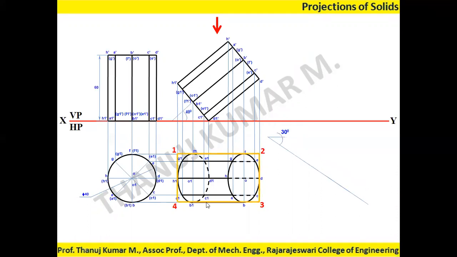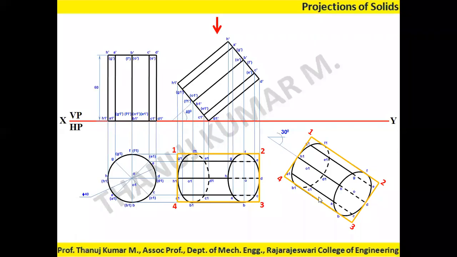So now what you have to do, as usual I've told you, is construct a rectangle, that is a box, to draw this cylinder apparent view. So construct a box this way, 1, 2, 3 and 4 points, and then reconstruct with respect to the axis line. This axis line is to be drawn here. From O1 to F1, O1 to B1, similarly O to F, O to B, you need to draw it and construct this rectangle. After you construct the rectangle, draw these measurement lines everywhere here and reconstruct the cylinder.